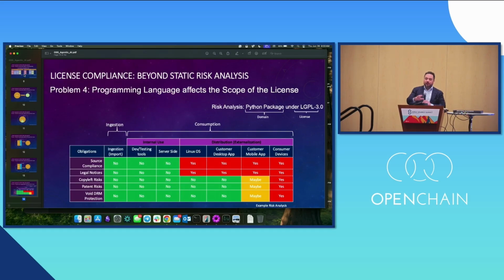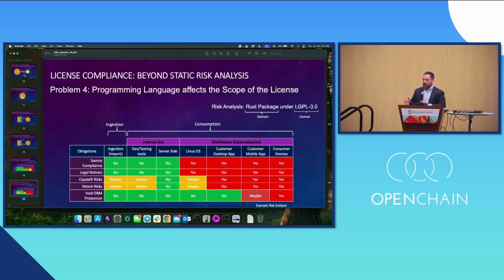And not only that, we need to understand also a little of the ecosystem of how the software and the specific language we are using works, right? In some cases, for example, a Python package that is mostly source code under LGPL v3 will have a reduced amount of complication when you distribute it in different use cases. But as soon as you change the language, the whole scenario changes, and the obligations are also triggered differently.